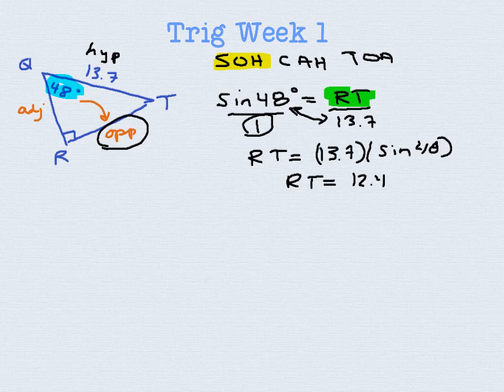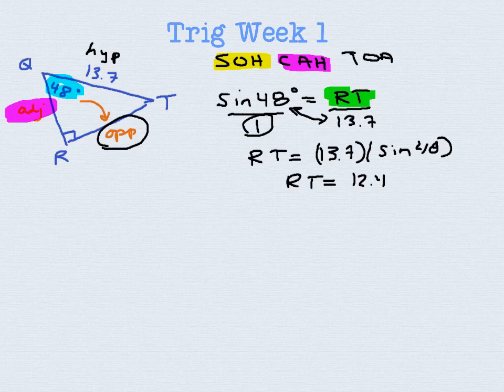To find the adjacent side, QR, you can do one of two things. Pythagoras, using the given value of 13.7 and the just recently found value of RT, or you can use trig. I would recommend trig because it's exact and it's not going to use a rounded answer for a middle step. So if I'm going to find the adjacent next, and the adjacent side is the side marked adjacent, of course, QR,